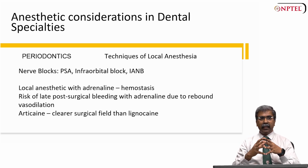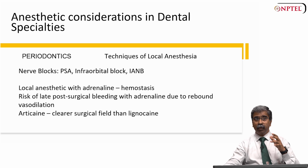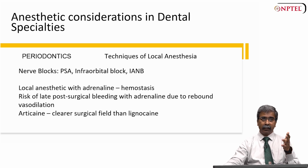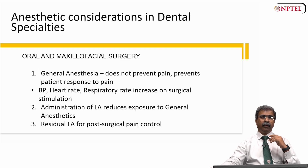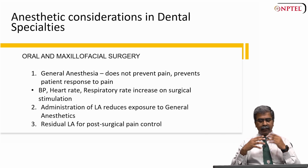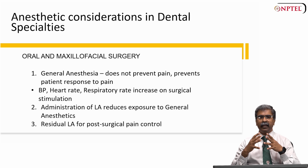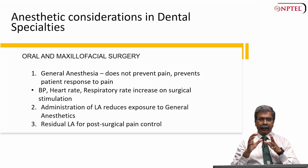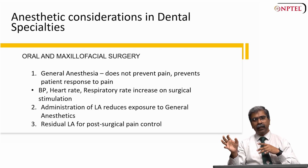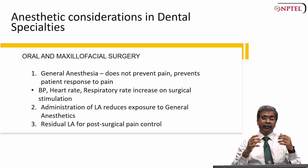You can also use articaine if you need a clearer surgical field than with lignocaine, and if you want to avoid adrenaline, because articaine itself provides vasoconstriction to a certain degree. In oral and maxillofacial surgery, it goes without saying that general anesthesia does not prevent pain or the patient's response to pain, but even under general anesthesia, you give local anesthetic solution to avoid postoperative pain, and also to have a clear surgical field, in addition to